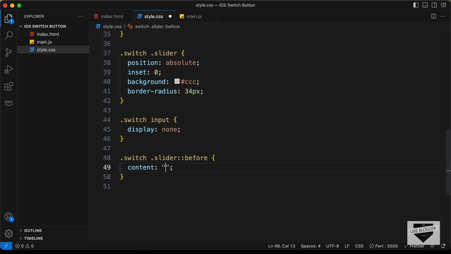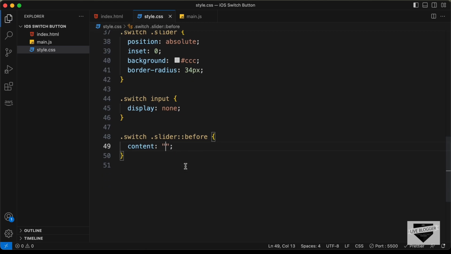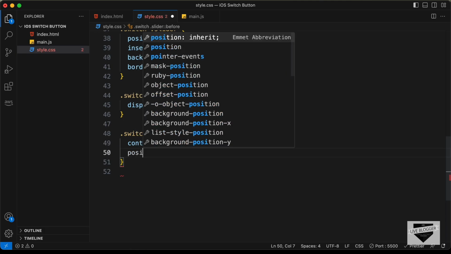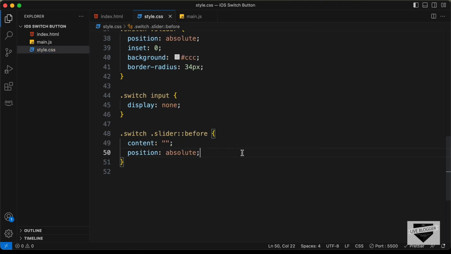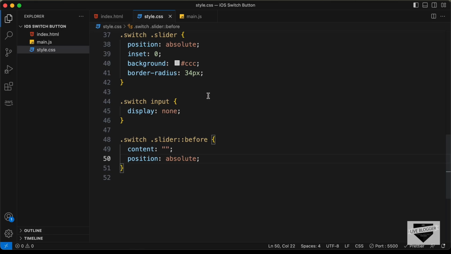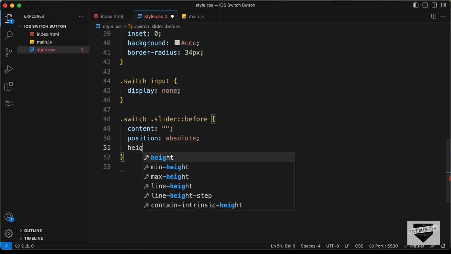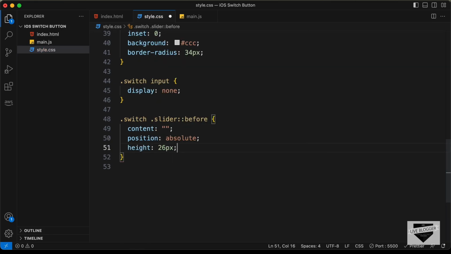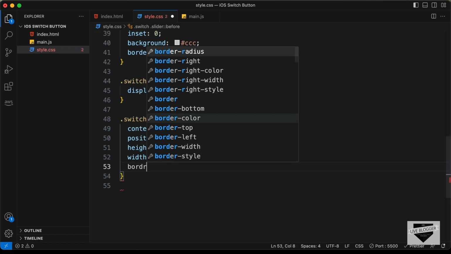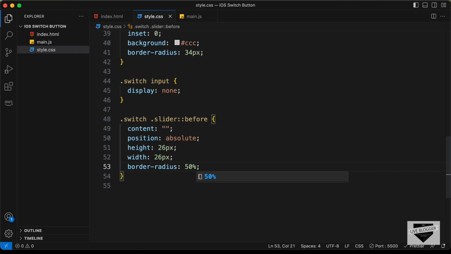Let's delete 1 2 3 from here, and we need to create a circle. So let's set the position to absolute. Now this will be positioned relative to this slider, and let's set the height of the element to 26 pixels and the width to 26 pixels, and let's set the border radius to 50% so that it has the round